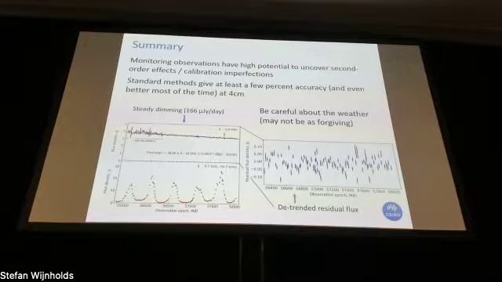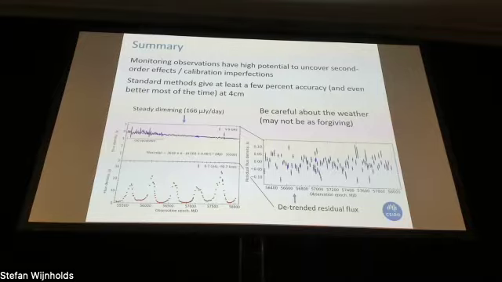So the point I want to make is that monitoring observations done in a very systematic way, with systematic processing by scripts, have very good potential for revealing some weird systematic artifacts of our system. And it's great that we actually had a source which acts in a very predictable way. If it was varying like crazy, we wouldn't be able to get down to these low levels. Standard methods of data reduction give you at least a few percent. So if you're not interested in absolute calibration better than a few percent, then you don't need all this stuff.